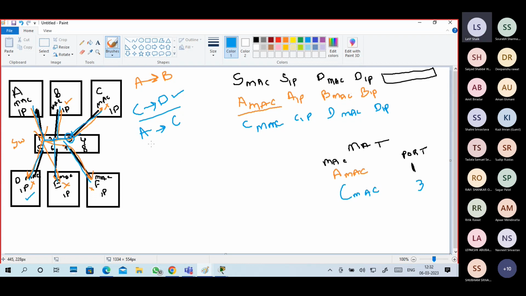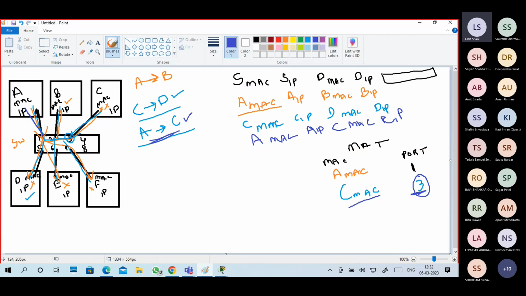Okay, guys. Now I want to communicate from A to C. So what is the source? A's MAC address, A's IP address. Destination? C's MAC address, C's IP address. Where is C's MAC address? Here. Which port is it connected to? Port number 3. So what will it do?